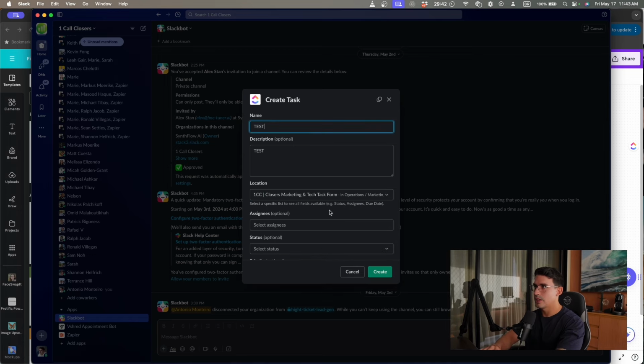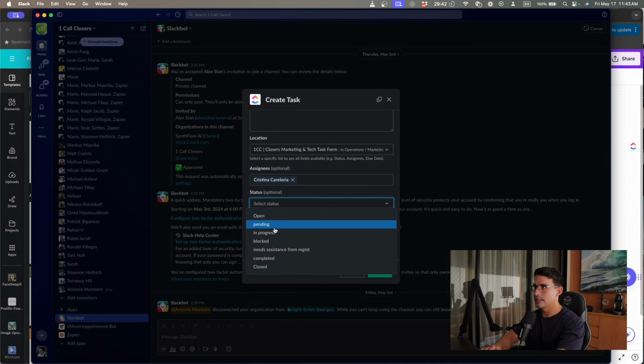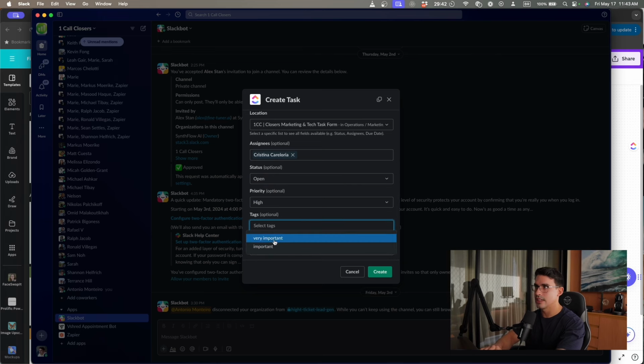You can select the assignees, the status, the priority, and guess what? You can select the tags. So you can build your Eisenhower matrix from everywhere on ClickUp, outside of ClickUp, Google Chrome extension, and then the due date. So must-dos, they're not optional, they're mandatory according to my perspective.